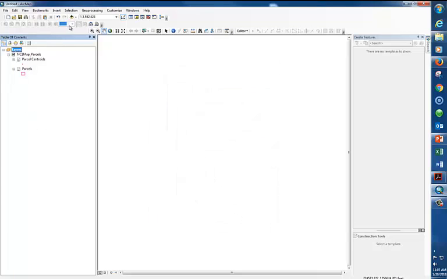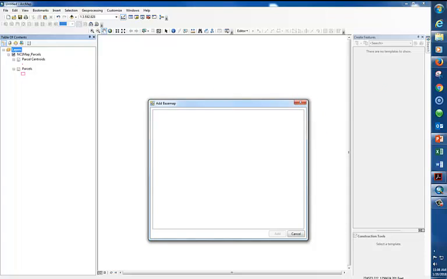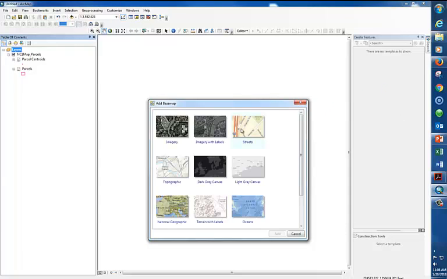So the next thing I'm going to do is pull in a background map so I can find where that parcel is. And you've all done this in ArcGIS. You go to Add and then go Add Base Map. And I'm going to load up the one that's streets. Okay, it's a simple, easy one to use. That's also going to be the map I'm going to use for my locator. So I click Add,